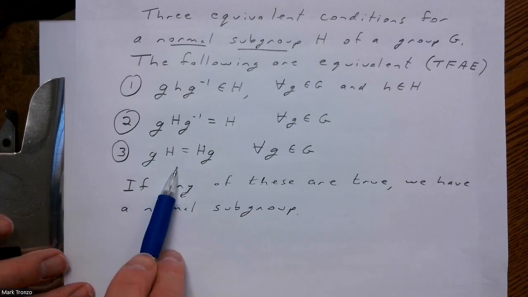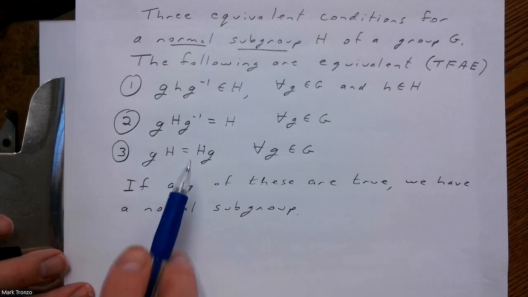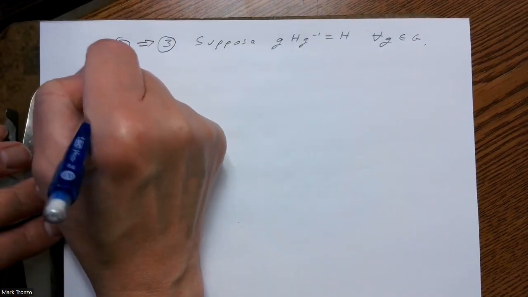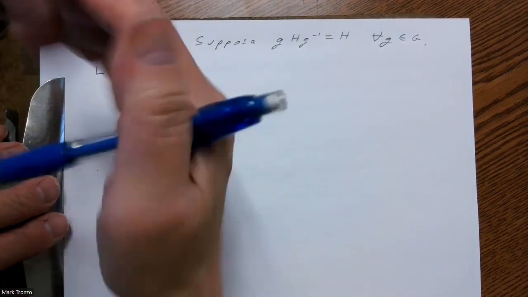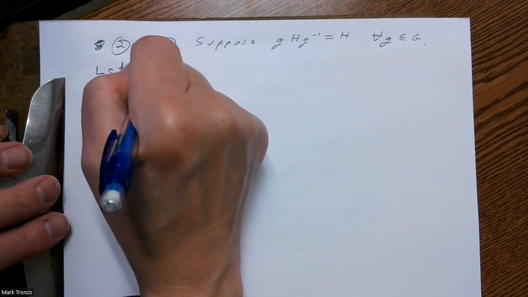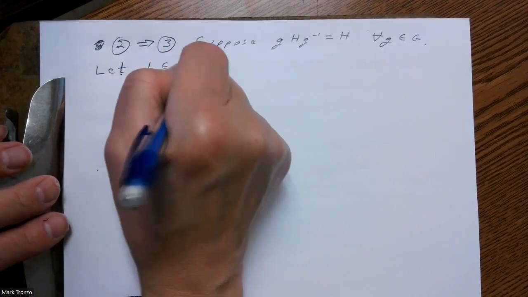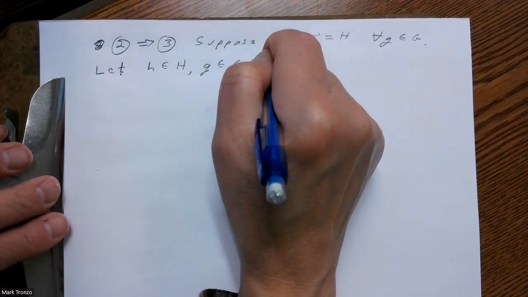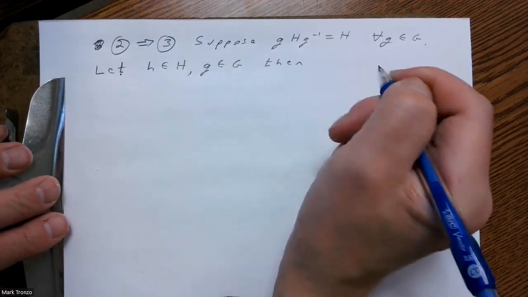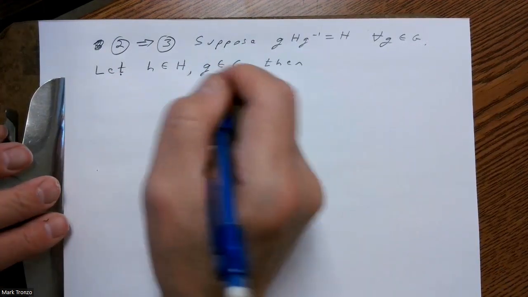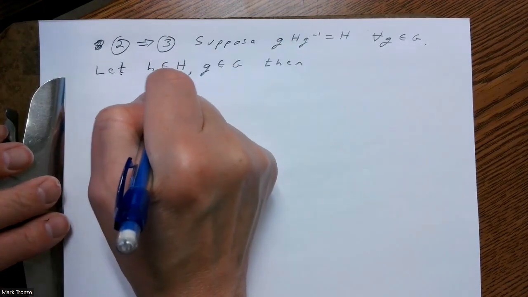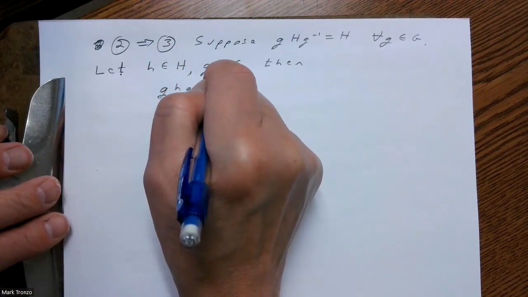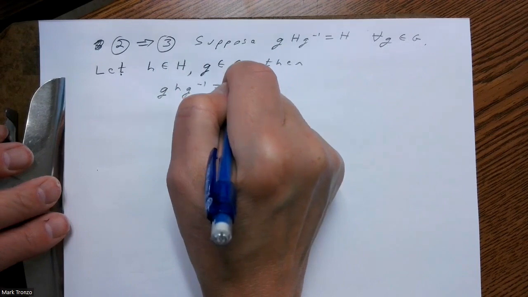Let h be in H and g be in G. Then ghg inverse is going to be equal to